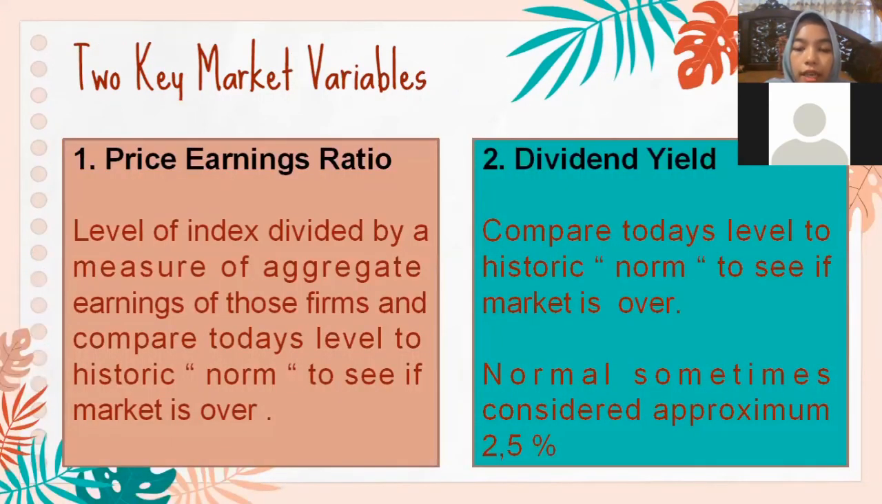And the last objective is two key market variables. First, the price earnings ratio: the level of the index divided by a measure of aggregate earnings of those firms, comparing today's level to historic norms to see if the market is over. And the last one is dividend yield. Dividend yield compares today's level to the historic norm to see if the market is over, like seeing a low yield, or under, a high yield value. And normal is sometimes considered approximately